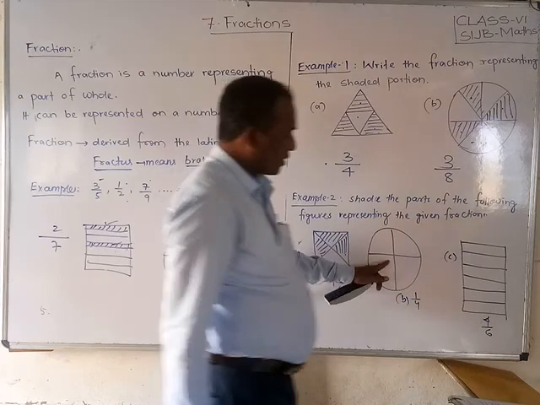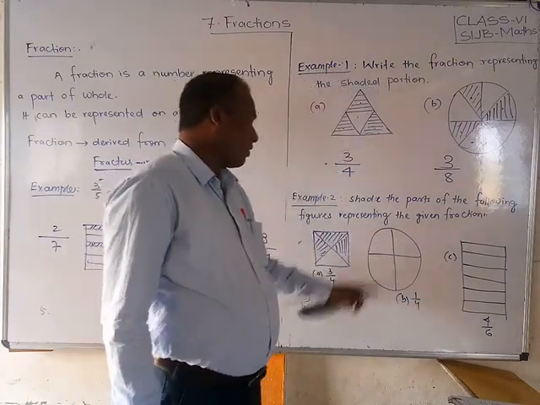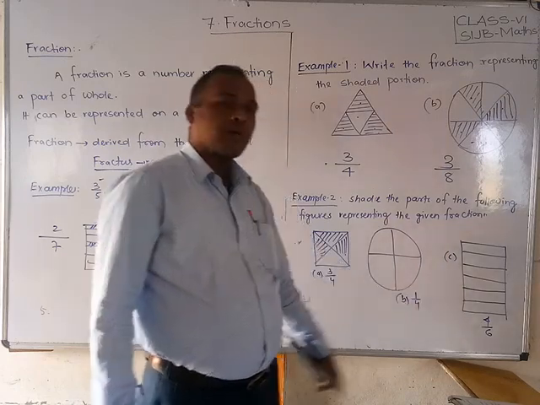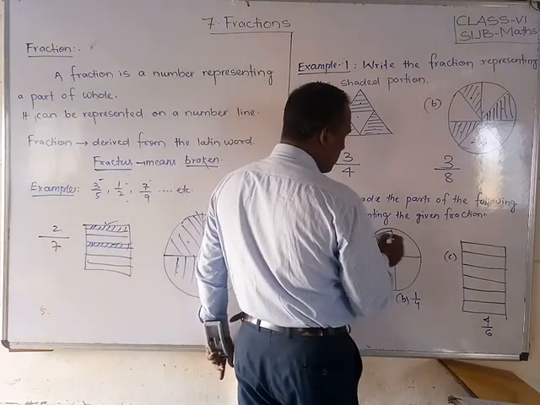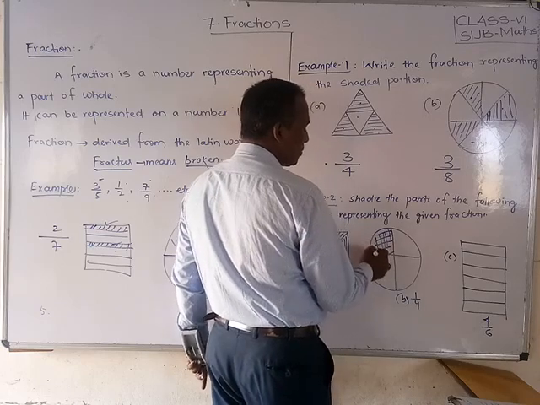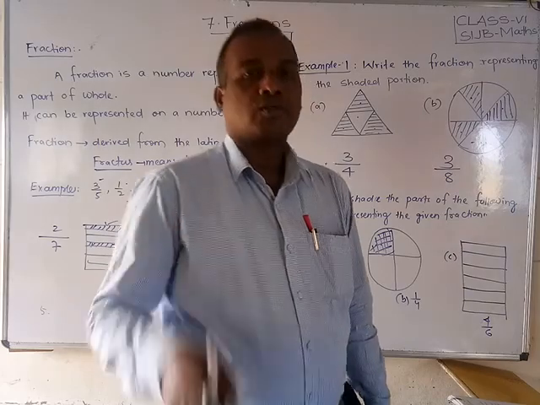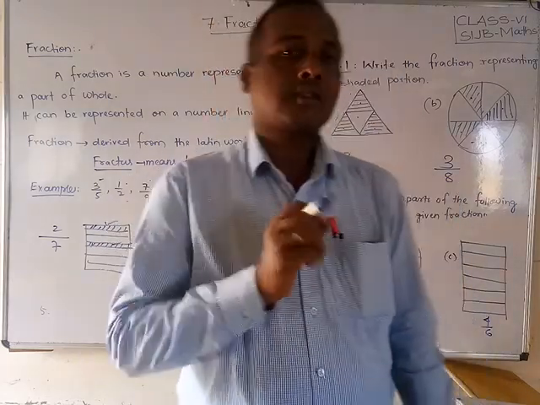Now, friends, observe here. What is the denominator? 4. Yes, there are 4 equal parts. How many parts have you shaded? 1 part. So 1 is there. So I will make it like this, 1 part. So this is now shaded. Okay, so this is called 1 by 4. That means out of 4 parts, 1 part is shaded.